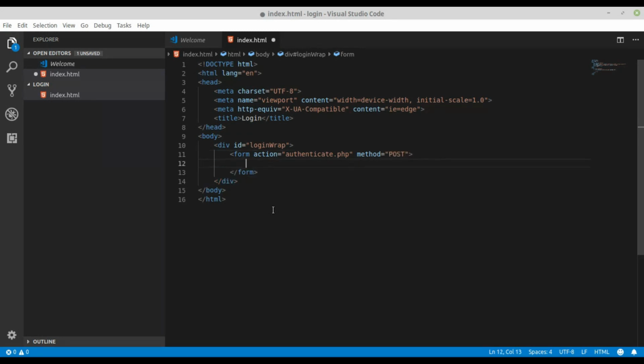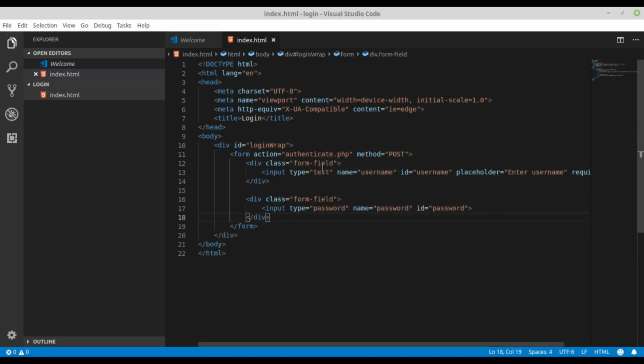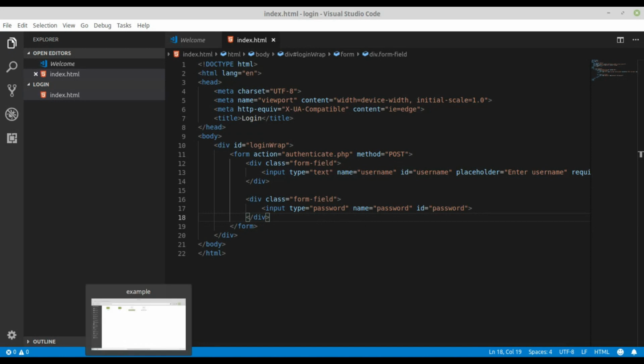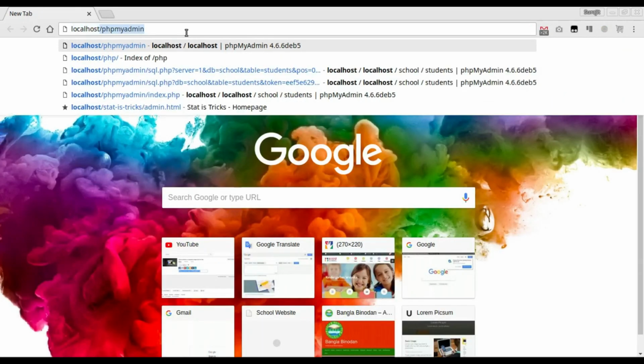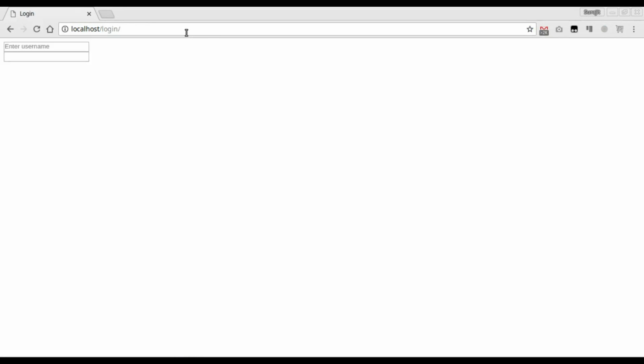So we need to paste this form field, and let's open our browser and we need to type localhost login, and you can see we have enter your password and enter,